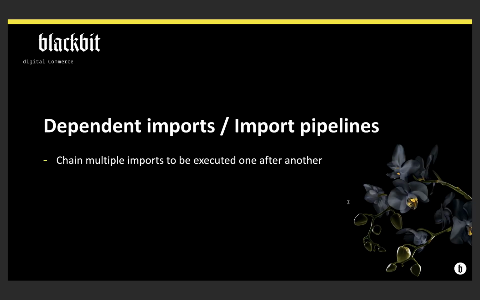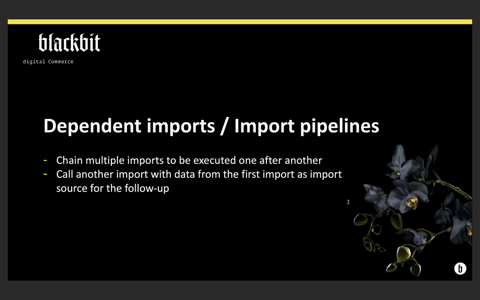You can chain multiple imports to be executed one after another. Again, with our live demo, it would not be a good idea to run the product import before the manufacturer import, because then the manufacturer relation, the many-to-one relation, could not be filled because perhaps the manufacturer object would not exist yet. For this reason, you could set up a pipeline to execute first the manufacturer import and directly afterwards import the products. Then you can call another import with data from the first import as import source for